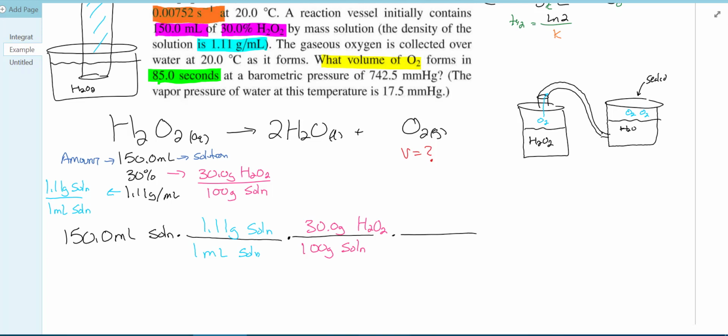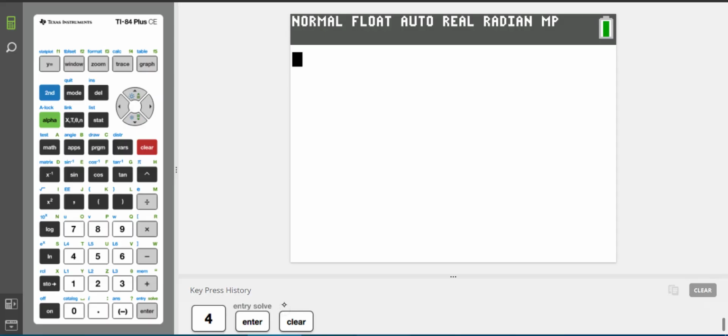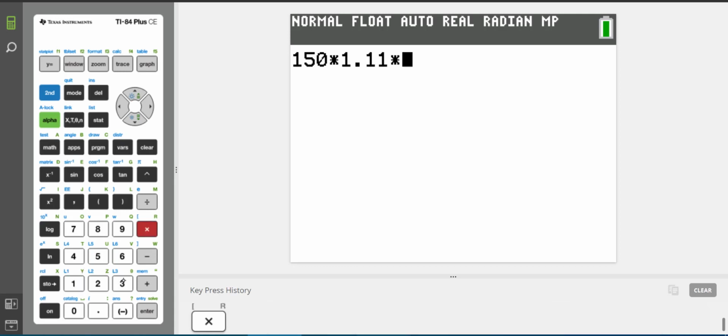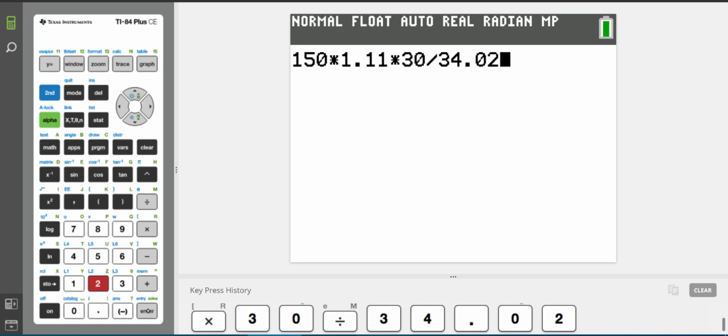And then we know that 1 mole of H2O2 is 34.02 grams of H2O2. 16 is 32, plus the 2, 34. So if we take 150 times 1.11 times 30, divide by 34.02, I should get,